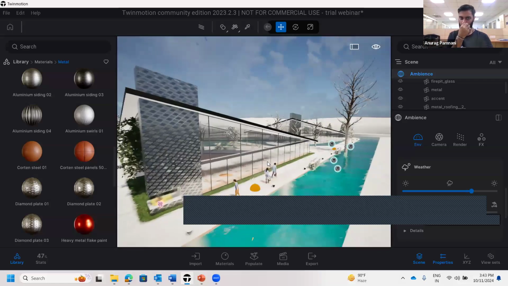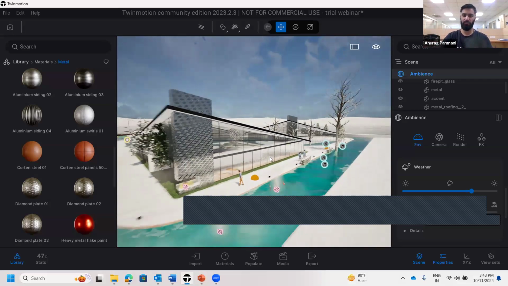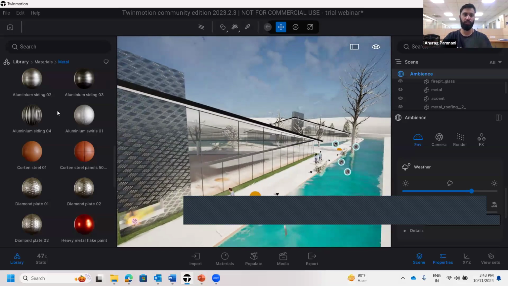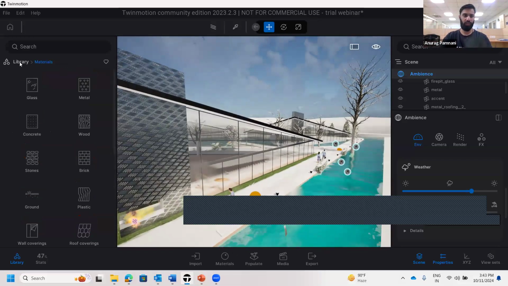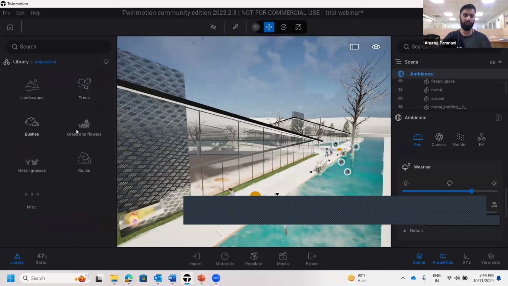Then coming back to the most important part, right? I would be showcasing two more library assets, one is the Megascans part and the other is the Sketchfab part. And before this, you can see we can use the population tool. So I would be moving on to certain things, like if I need a grass surface or something like that,